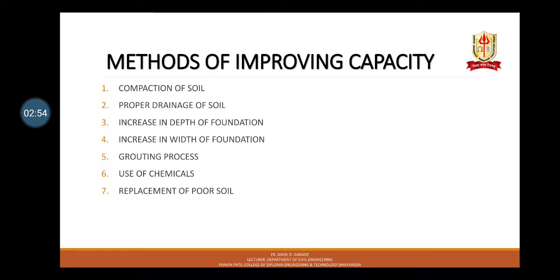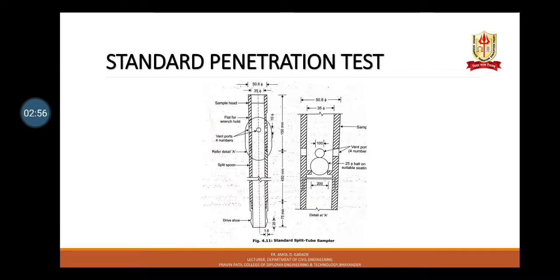So talking about submergence correction, in very fine or silty sand situated below the water table, an apparent increase in penetration resistance occurs. Terzaghi and Peck have recommended the use of an equivalent penetration resistance in place of the actually observed N when N is greater than 15. Na is given by the following relation: Na = 15 + 1/2 (N - 15).